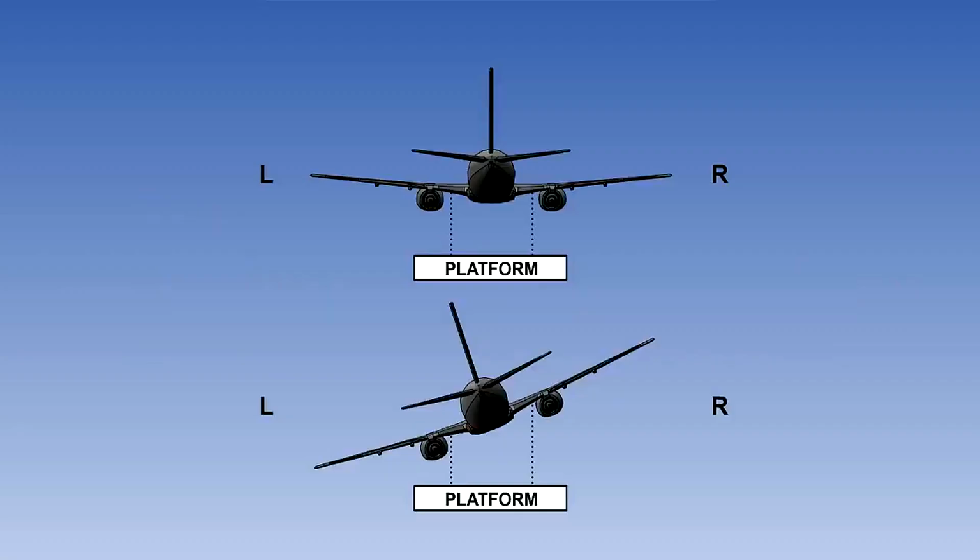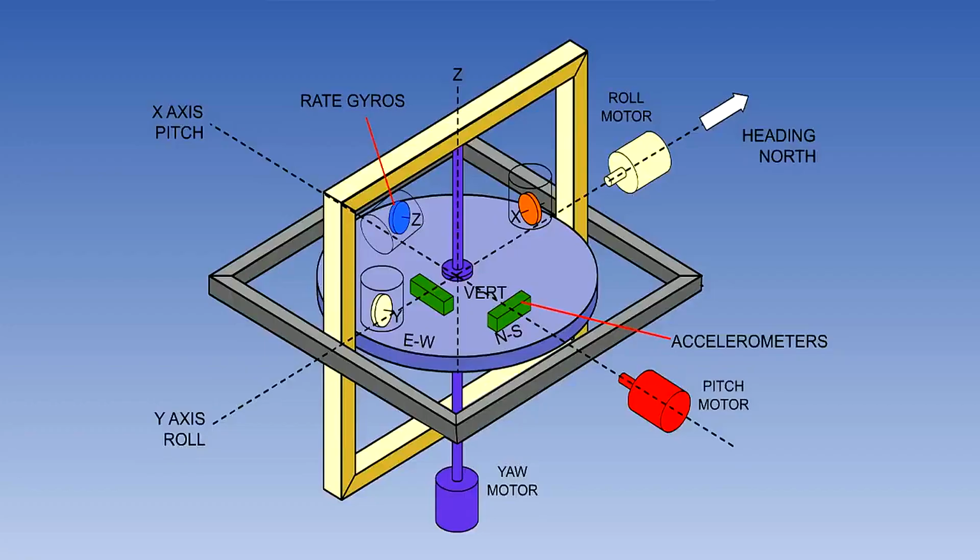The platform servos have to turn 45 degrees to the left with respect to the airframe. The result is that the platform remains orientated to the north. This is one of the corrections to the platform for aircraft maneuvers. There are also corrections for pitch and roll. If, for instance, the airframe is pitched 5 degrees nose up, the front of the platform must be driven 5 degrees downwards with respect to the airframe.